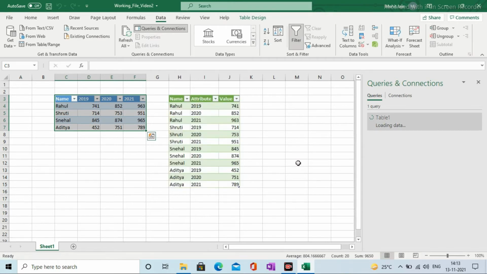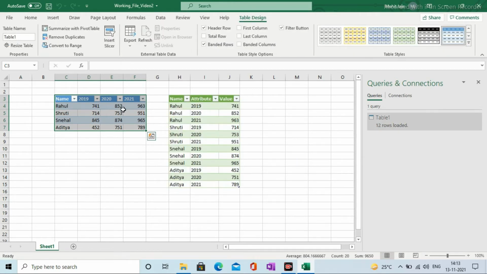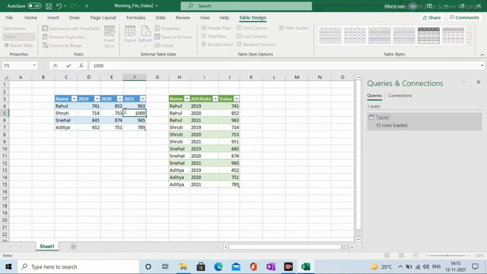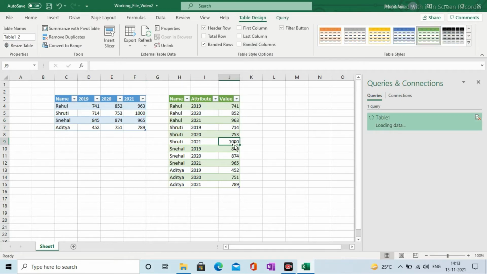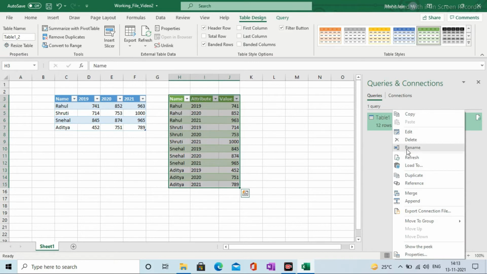And as advised in the previous videos, if I change this and refresh this again, so it's a linked table. Now we have other options available as well. If I right click here and click Load To here,